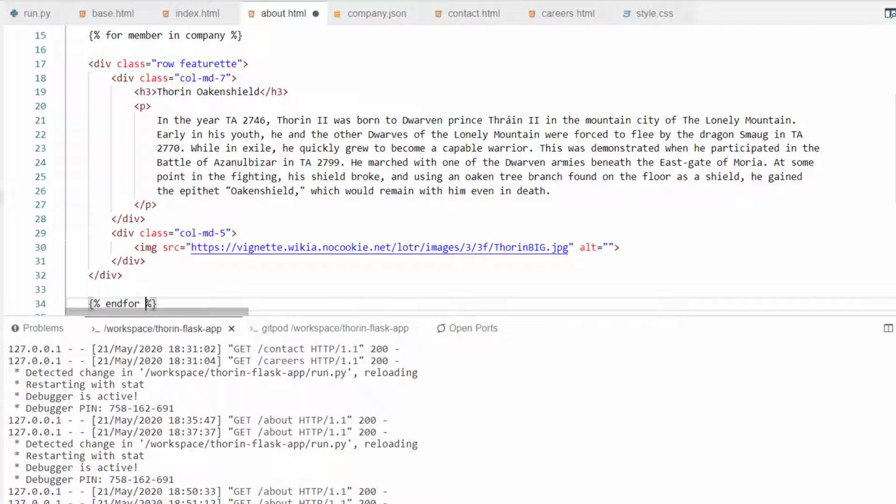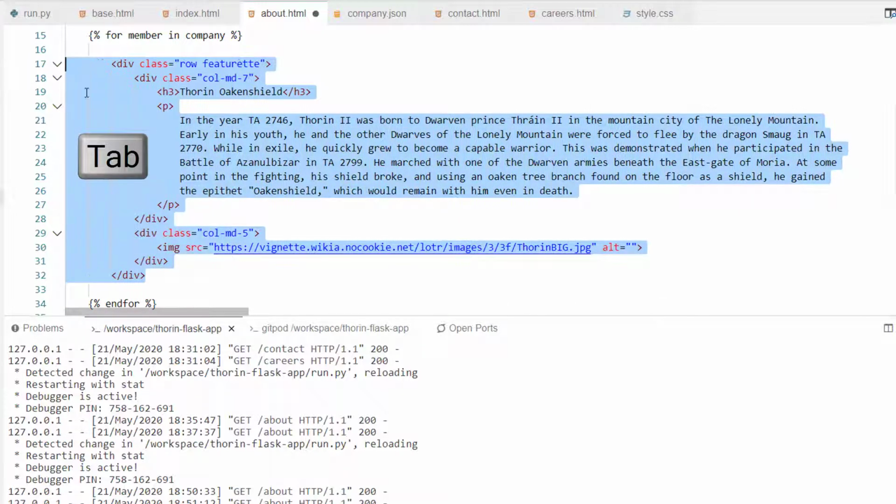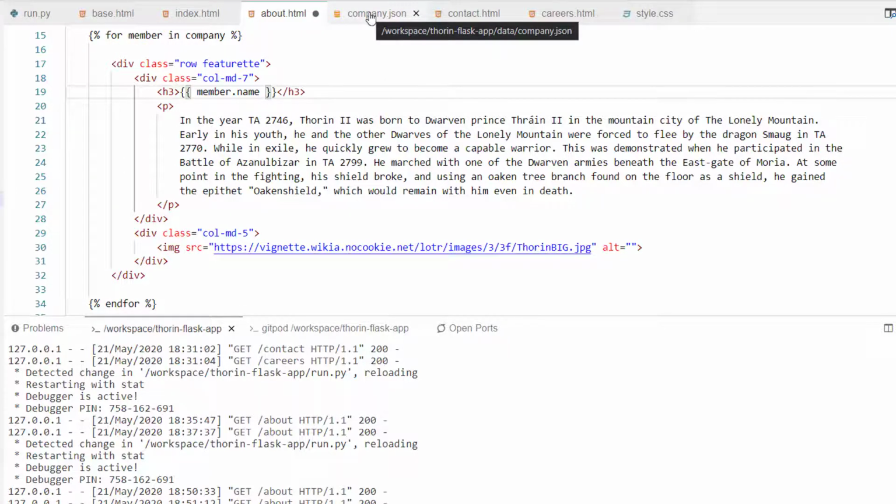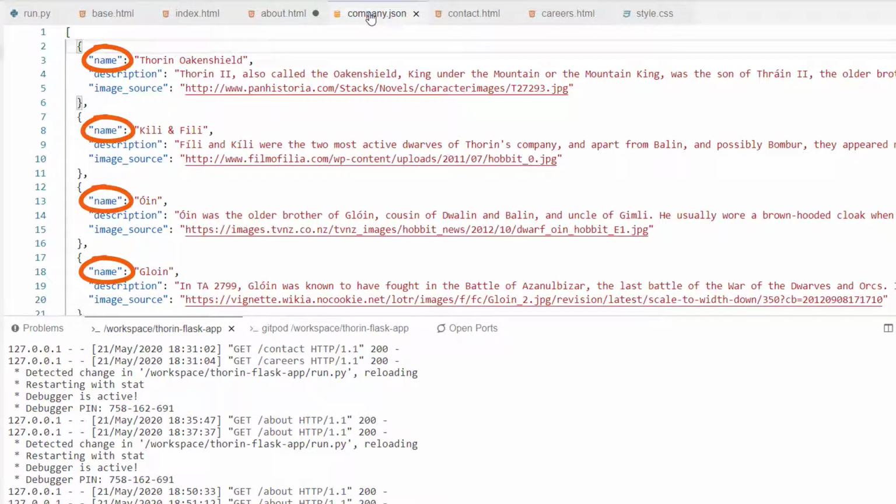I will also just highlight this section and hit Tab in order to properly indent the code within the loop. We can now remove the hard-coded name here of Thorin Oakenshield. Instead, we'll type double curly brackets member.name closing curly brackets. This will reference the member variable from our loop and grab the contents of the name key from our JSON file.